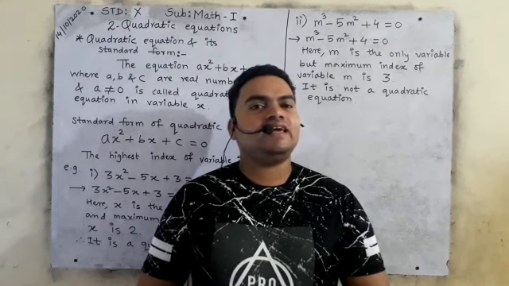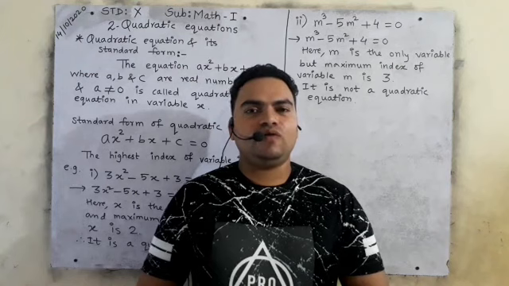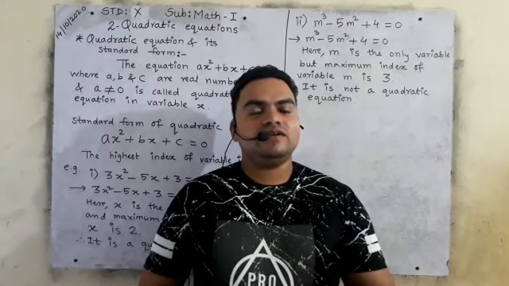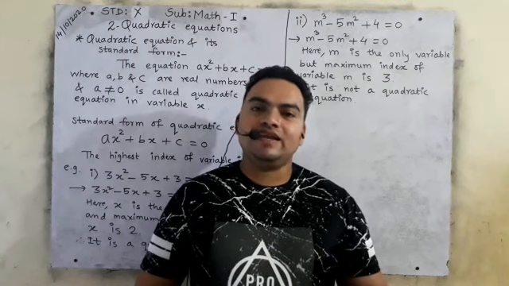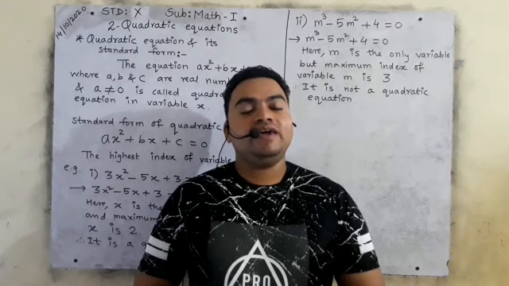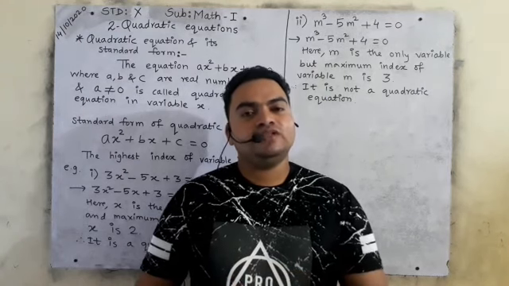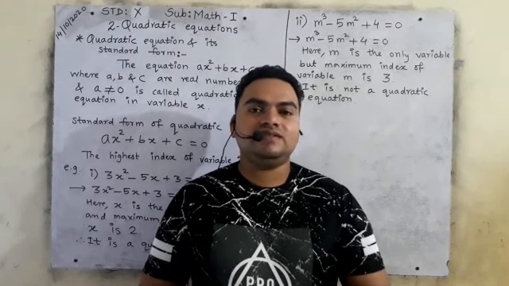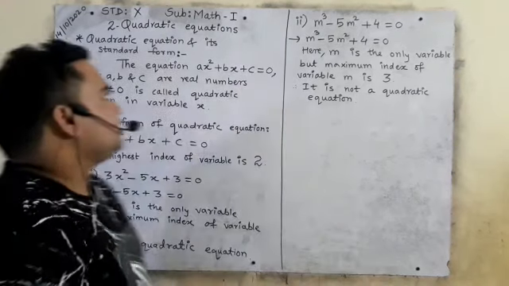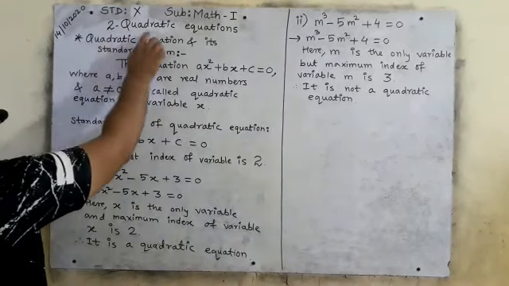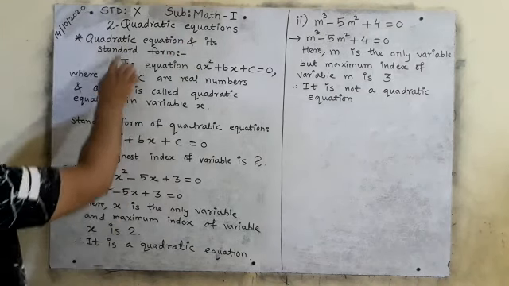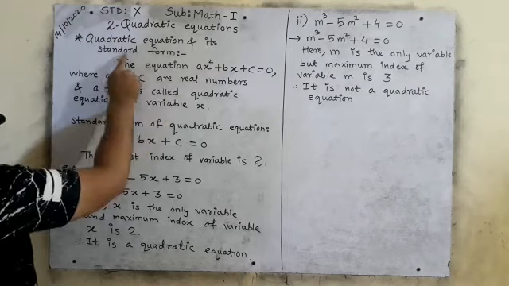First, that is second number chapter, quadratic equation. So today first I will start the basics: what is a quadratic equation and what is its standard form. I will explain you. We have learned this in 9th standard as well, so you are familiar with this. Please look at the board, you will understand very easily. Chapter number 2, quadratic equations. The topic we will discuss now is the quadratic equation and its standard form.